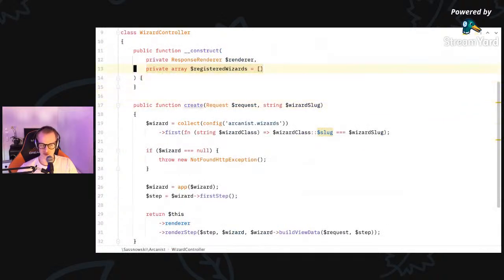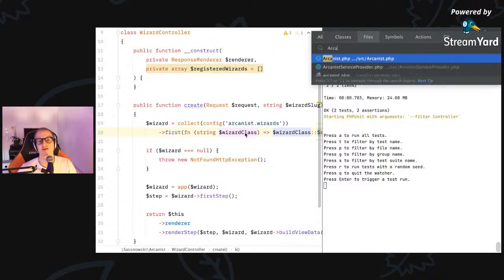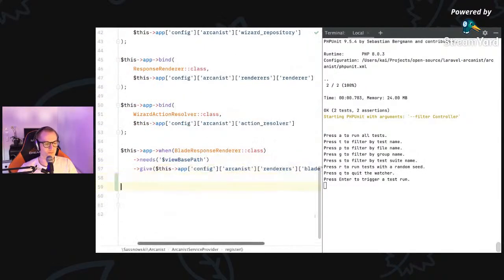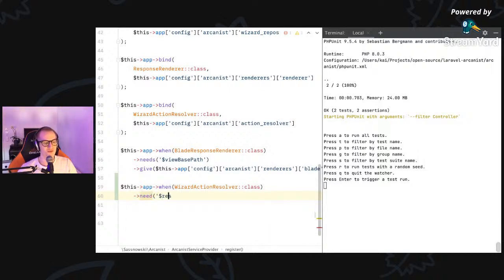But I still want it to be passed in. So since my tests are still passing, what I can do is, when wizard controller, contextual bindings are really cool. If this needs registered wizards